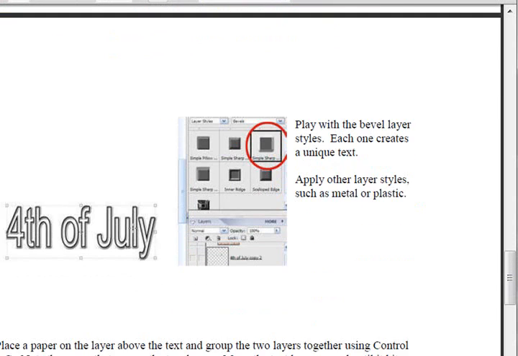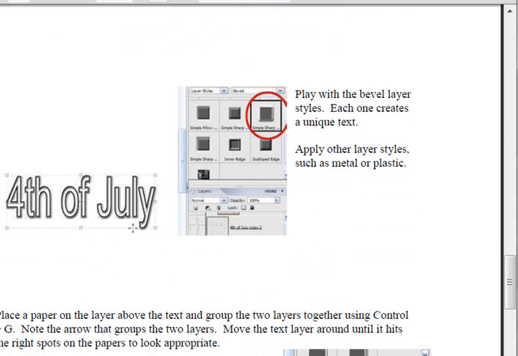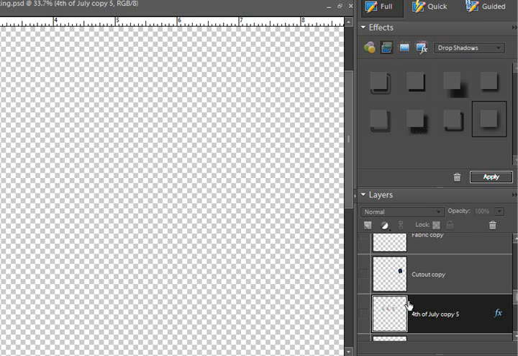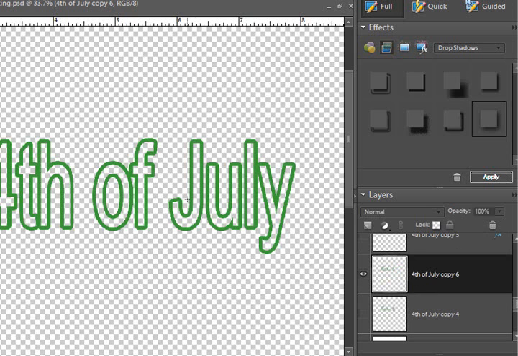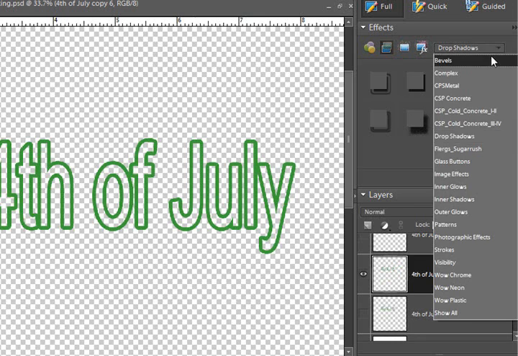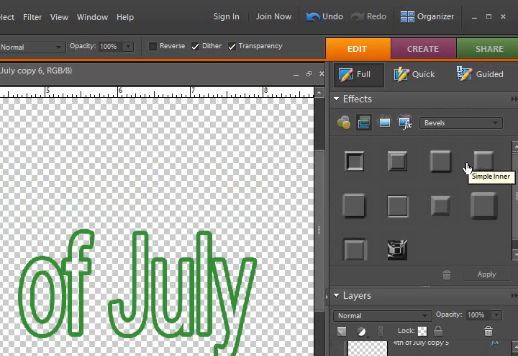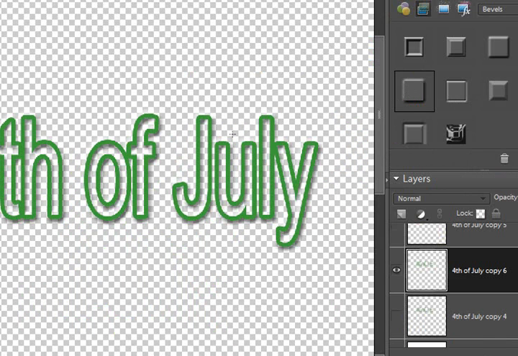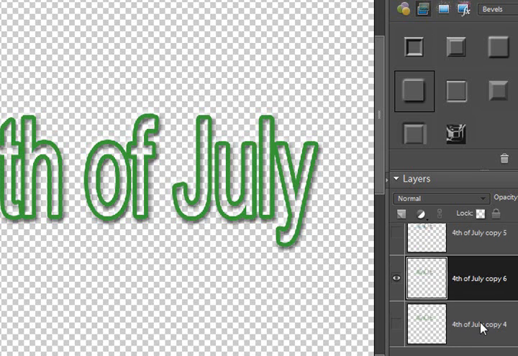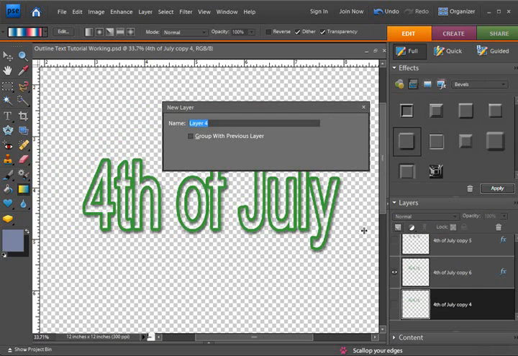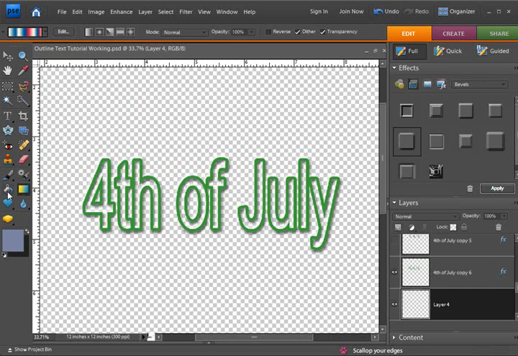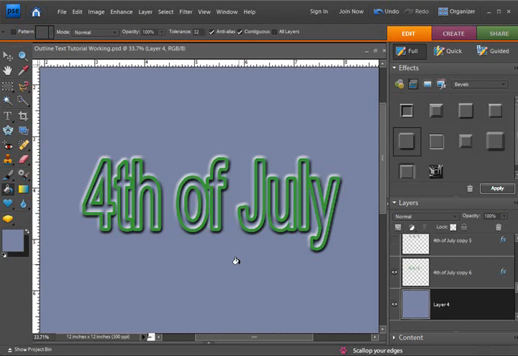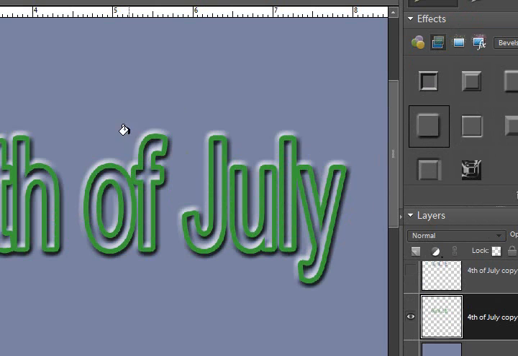The next thing it suggests is to go in and play with bevels. Let's get this original one here. Control J to copy it so I have one to play with. And we'll go into the bevels. And you can see, let's see, which one was it? This one here, Simple Outer. Kind of really gives a... I don't have a layer. I need a layer underneath here. And I'm going to fill it with a color. There. Now you can see better what this